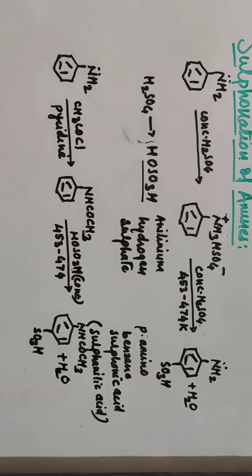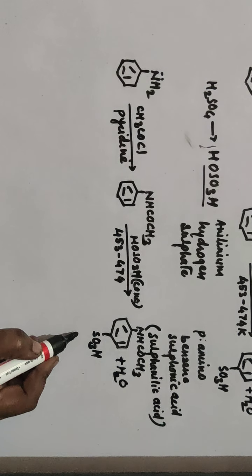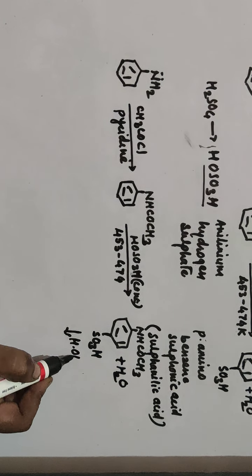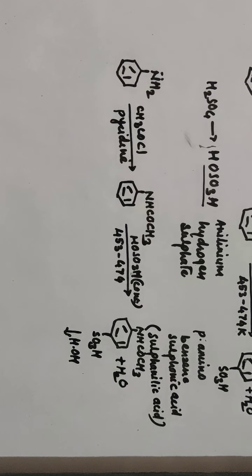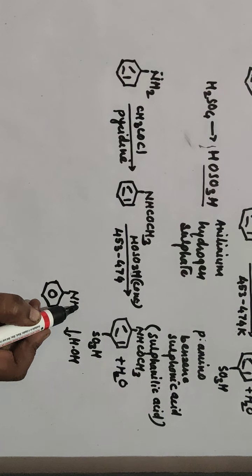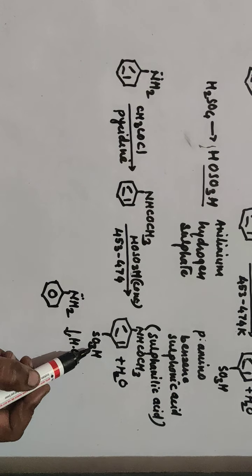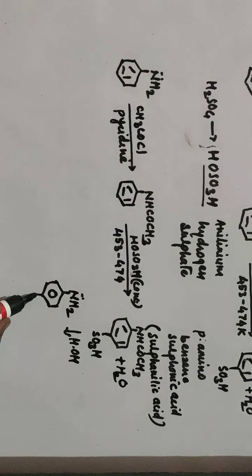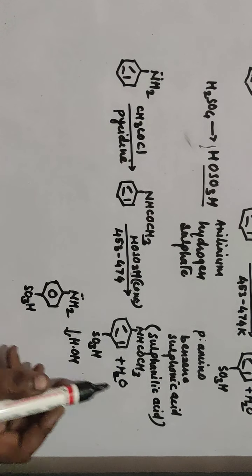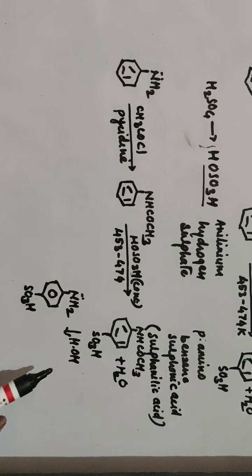Now again this compound on hydrolysis, HOH, NH2 group is retained again in the compound, and you will get NH2, NH and hydrogen atom come together to form NH2. SO3H is already there, and the remaining part CH3CO and OH come together to form acetic acid. So here in this case, if you consider this compound, what is it? Sulfonilic acid.